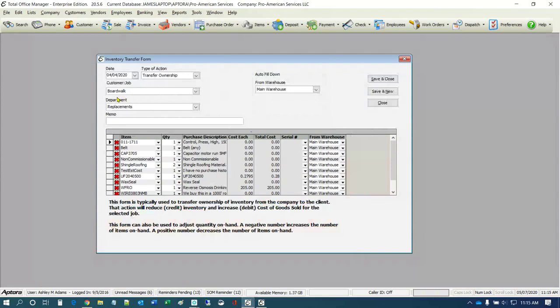But what it will do is it will relieve inventory. So we're going to credit the inventory account. And it's going to debit your COGS account, cost of goods sold account, for this job. So whatever this stuff cost, you're going to create job costing entries. You're going to create costs of goods sold on your income statement. Why would you ever want to do